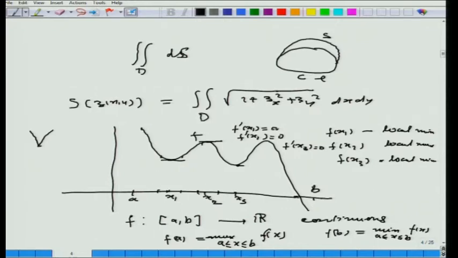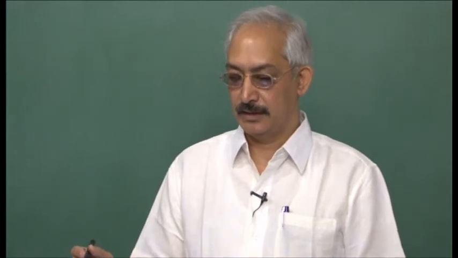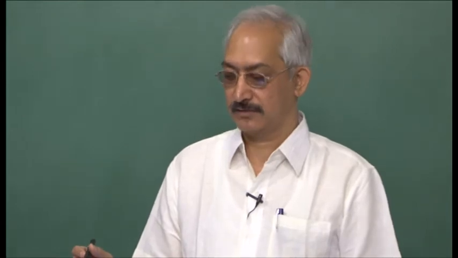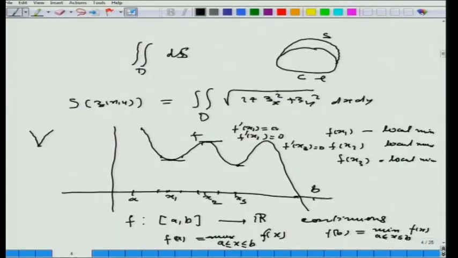Here this is an isoperimetric problem where the perimeter is fixed, and you are asked to find a surface which is enclosed by this curve C whose length is fixed. So, in that case it can also be seen that the surface area, given by z of x y, is given by the double integral of square root of 1 plus z x square plus z y square dx dy,